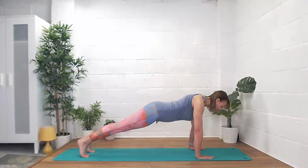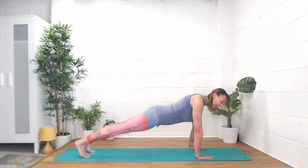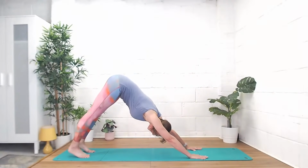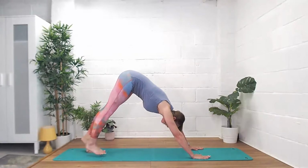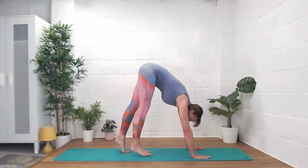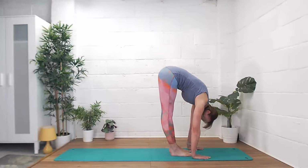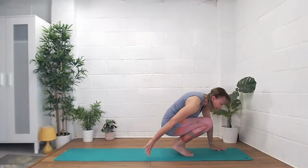Well done. Tuck the toes under. Everyone come back to this plank position. All right, and we're going to lift on up. We're going to lower those heels and give yourself a good stretch out. And then I want you to walk your feet inwards towards your hands. See how close to your hands you can get. Head down, then you're going to bend your knees and come